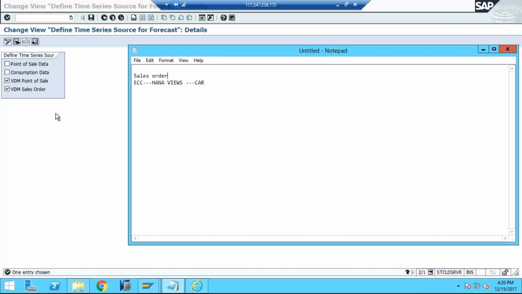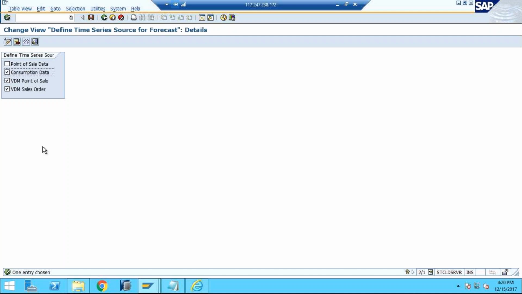Right, right. So think about consumption data. If you want the sales data from BIBW or from any other BIBW to your CAR system, sorry, to the DDF module, then you can use consumption data. So maybe this BIBW is getting the sales data from any other CAR system, or from any POS DM system. You don't have any idea about